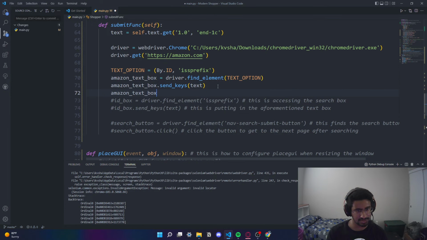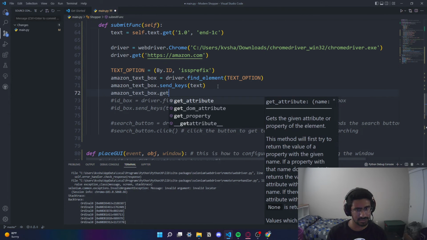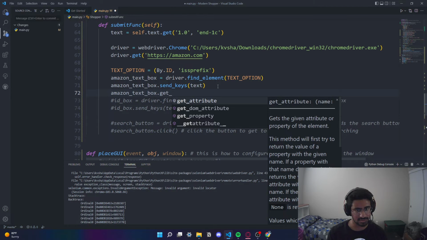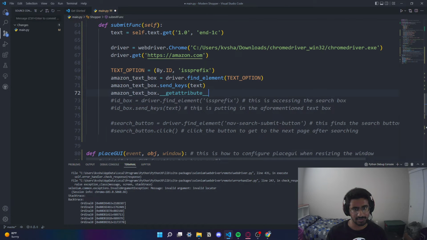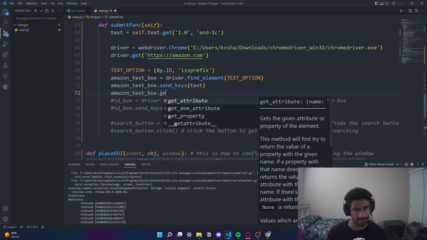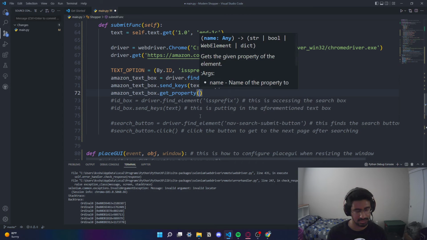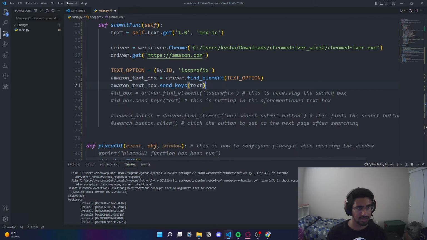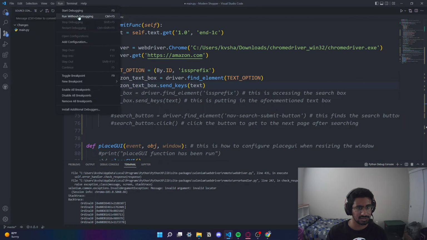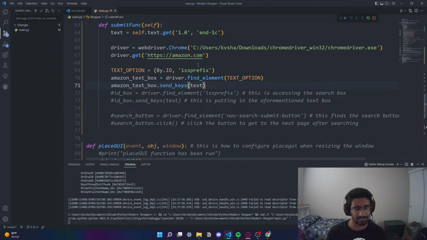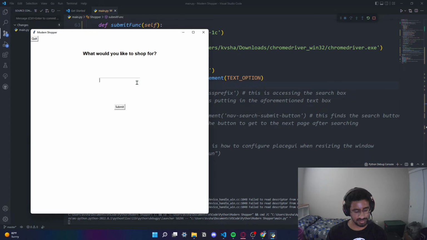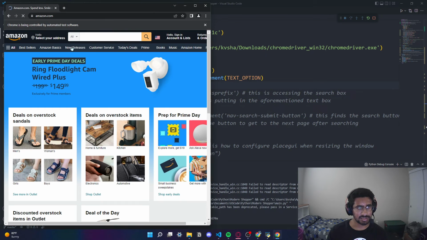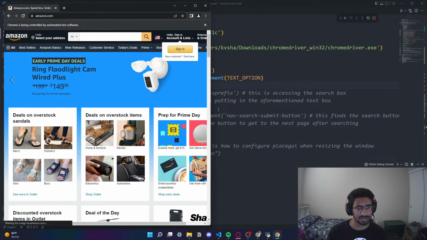Yes, Amazon text box dot get text, get property. Oh. Actually, no. Let me just do this, because I want to see if it actually changes the text. Do we want it to change the text box? This text box here, so